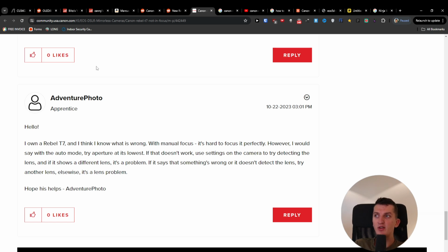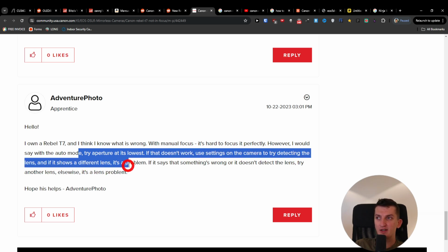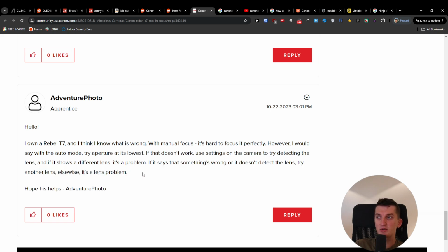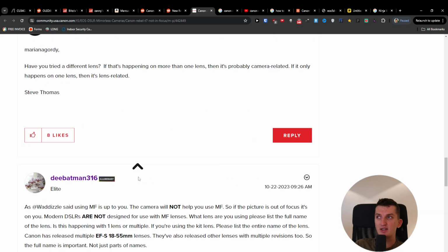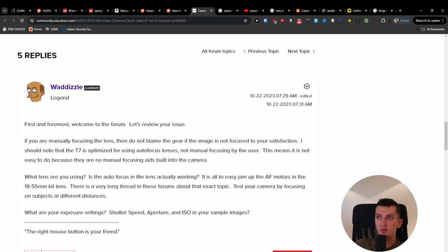However, I would say that with auto mode, try the aperture at its lowest. If that doesn't work out, use the settings on the camera to try detecting the lens, and if it shows a different lens, it's a problem. If it says something is wrong and doesn't detect the lens, try another lens; otherwise it's a lens problem. So this is another thing that you can try to do. And if you can, for example, use different lenses,